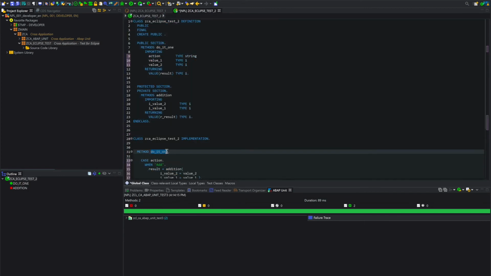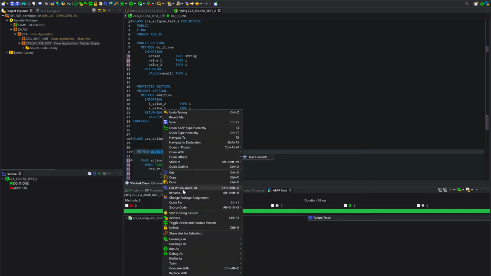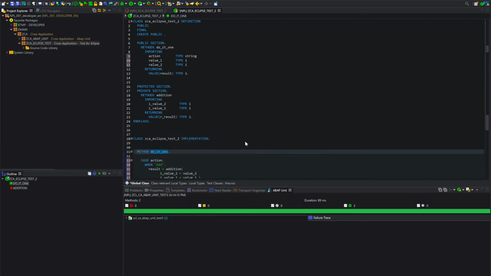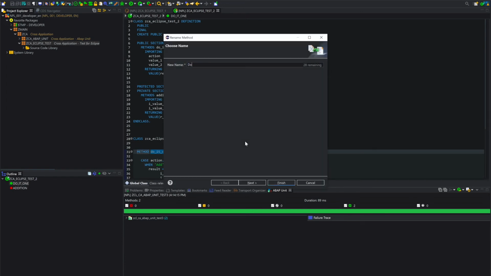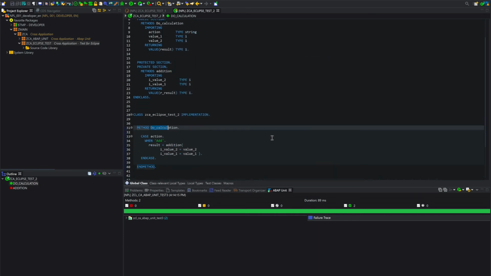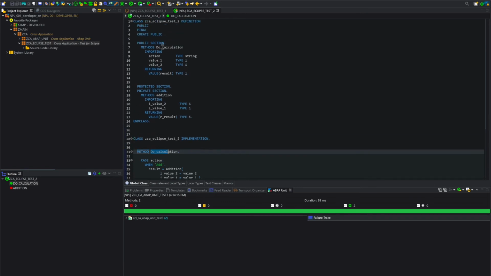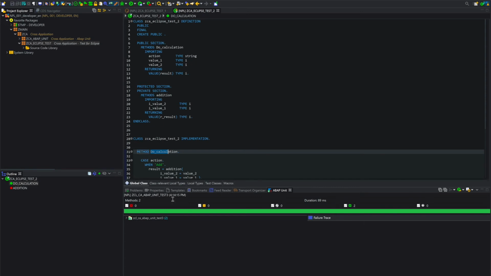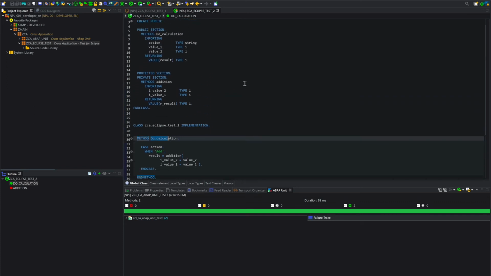Sorry, it's my macOS. So rename, save. So it will be do calculation. And now you have renamed do calculation, you have renamed do calculation. And if I use this class in other parts, in other programs, in other classes, the change is done at the same time.